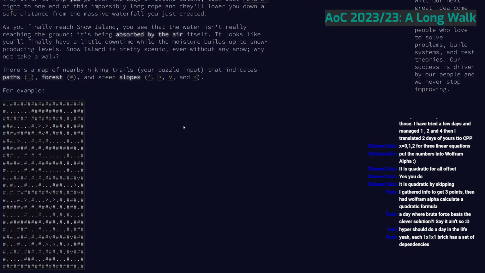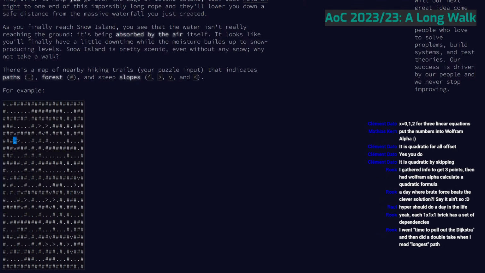The main thing that we did, it's not called edge contraction, it's called path contraction. So basically what we did here was we took all of the crossroads points, so all points where there's actually a split. What we observe is if a point has only 2 neighbors, then there's nothing we can do at that point except keep walking in the same direction. So we can draw an edge directly between each of the crossroads points. And that gives us a much smaller graph, and then we just brute force because it's longest path